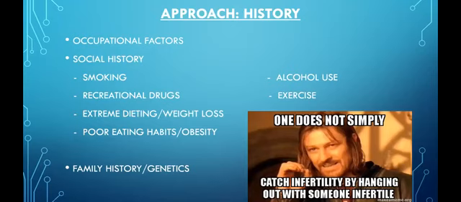On history, one must also take into account occupational factors. Specifically, patients who have very high stress jobs, maybe very sedentary jobs, or have extensive chemical exposure in their occupations, one needs to take into account potentially that as a risk factor. And then on social history, look at things such as smoking, alcohol use, recreational drugs.